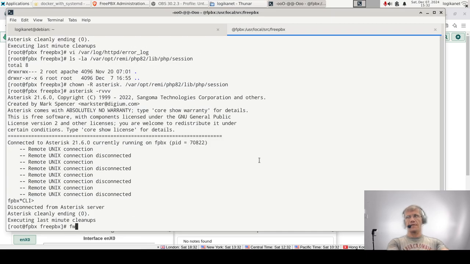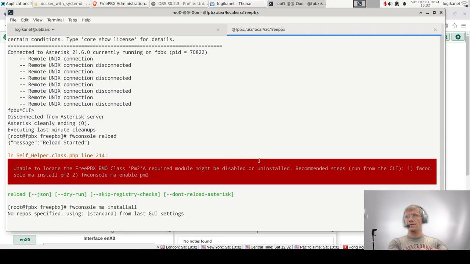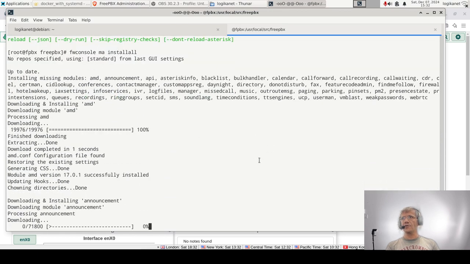Let me try here. FW console reload. Oh, PM2. So yeah, I was going to do this. So FW console MA install all. So we want to install all the modules